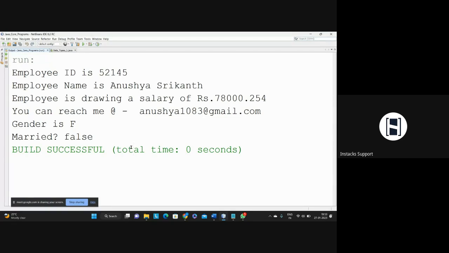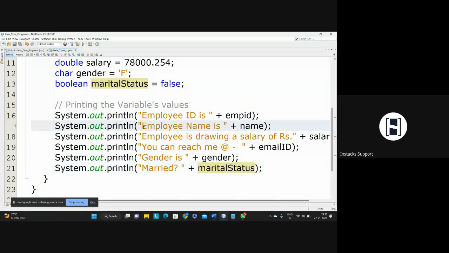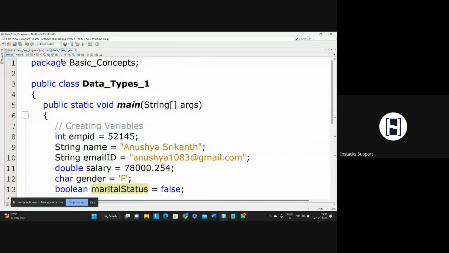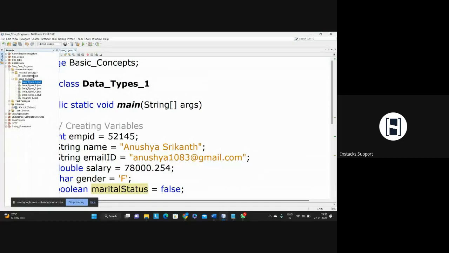That is the purpose of the plus operator or my concatenation operator. So what it is going to do, with some information, I want to join the value of a variable. Hence, I'm going to be doing it like this. Right, now, let us try one more. Let me try one more